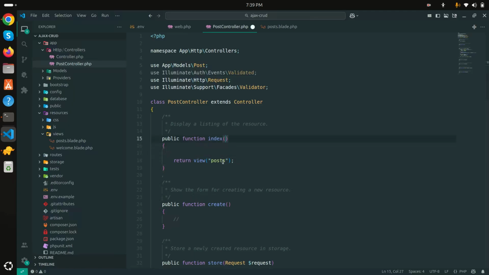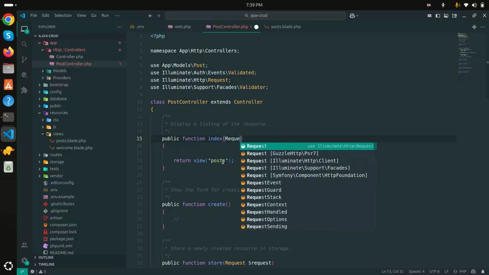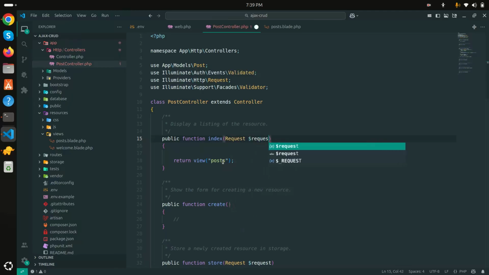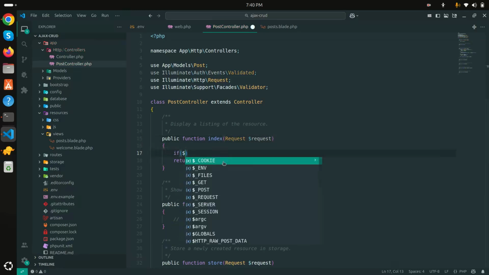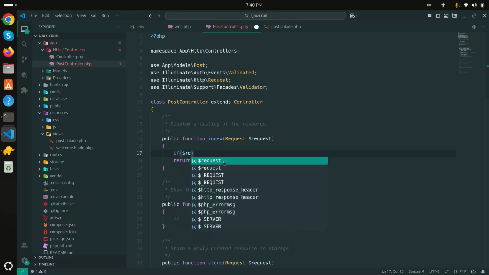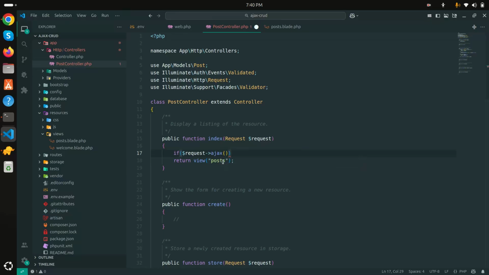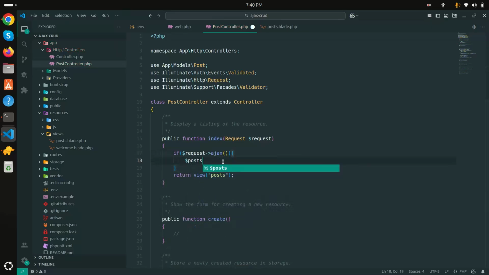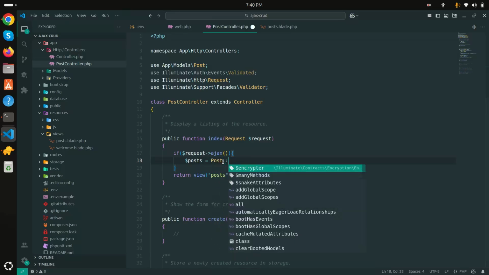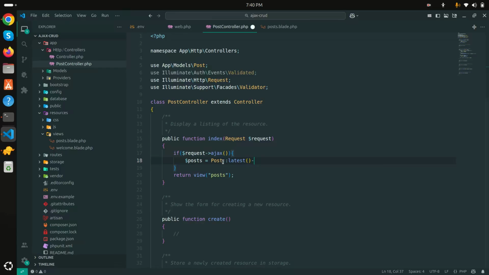So what I will do over here, request dollar request, and then here I'm going to just say if it's Ajax request, then I'm going to just return JSON data. Okay, so request is Ajax, then I'm going to get all the post, and I will say latest